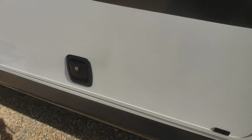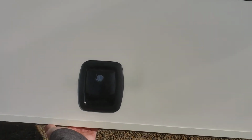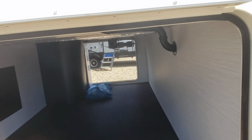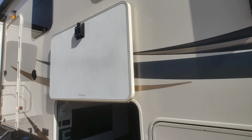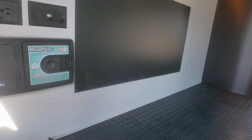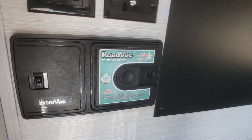So next here you have your pass-through storage. You have two magnets on the outside of this door, so you can just lift the door right up and it'll latch itself onto the sidewall without having to hold it up or use a thumb lock, which is very nice. In here we have access to your